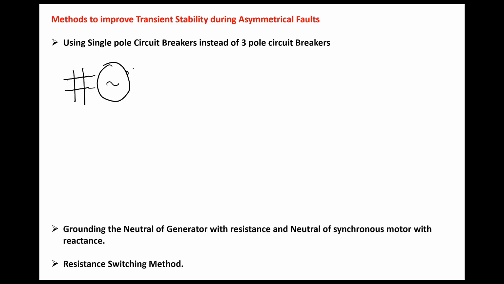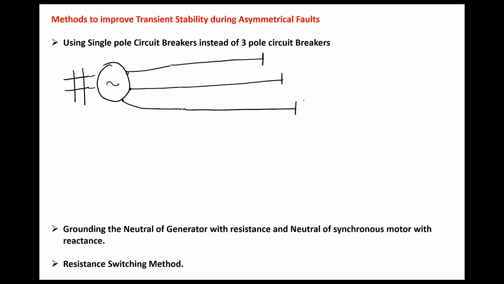So these are the three conductors coming out of the generator. One is the R phase conductor, which will go and join the R phase of the bus bar. This is the Y phase and this is the B phase. These are the three conductors that are coming from the generator. Now the R phase has some load, the Y phase has some load, and the B phase has some load. Let us assume that this generator, while operating stably, has a shaft power of 300 megawatt.